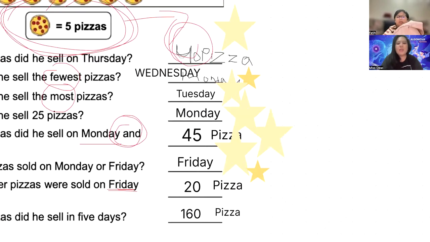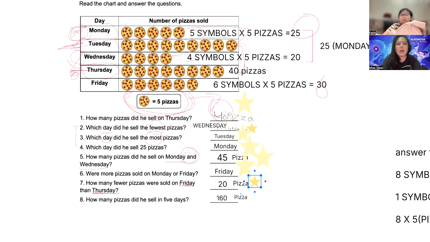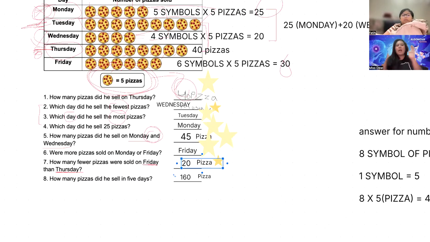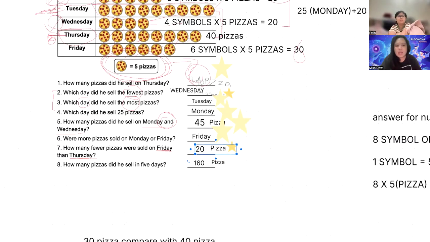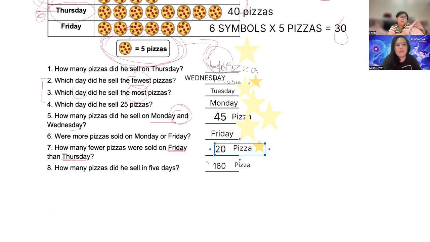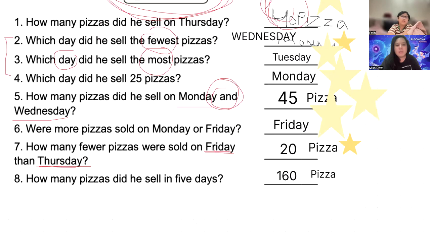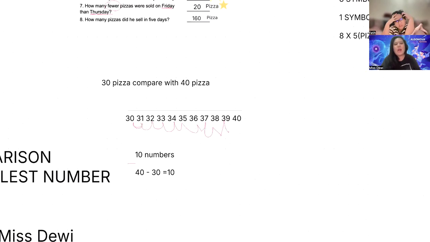Good. So, this is 10 pizza because you have to find the number gap between 30 and 40. So, every time Fatih see this kind of question using the fewer term, yeah, you have to use this subtraction. You have to subtract the bigger number into the smaller number or the bigger days, yeah, or whatever it is,